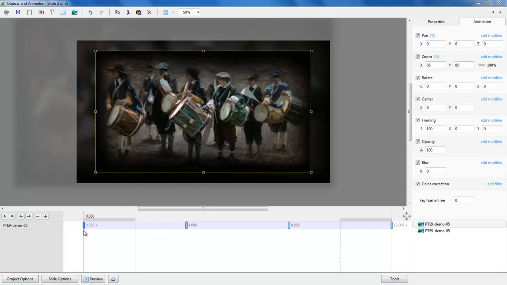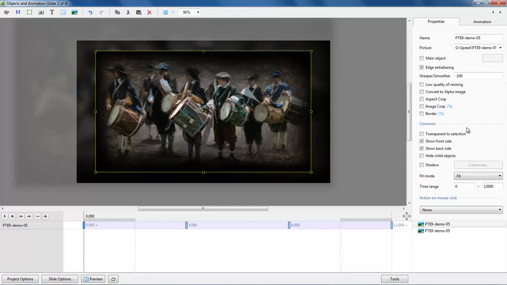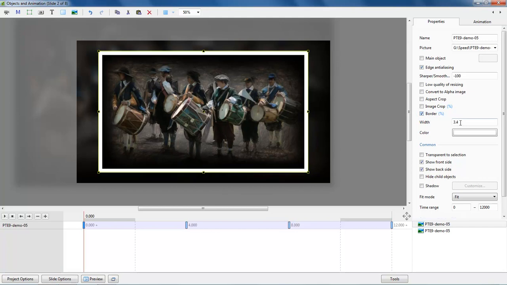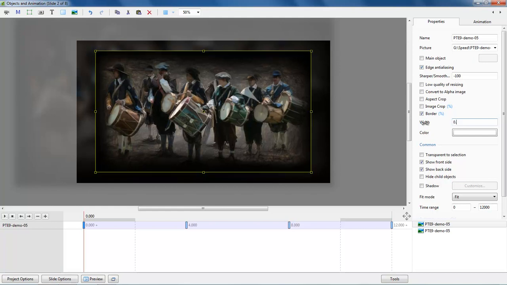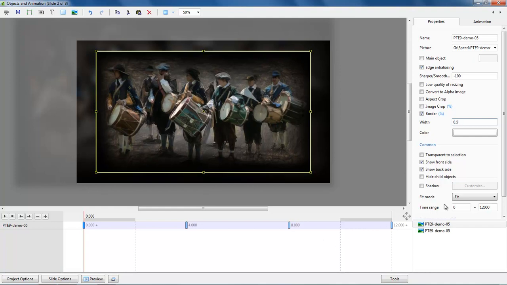Now, in actual fact, before we begin the animation, let's add a little bit of style to this. I'm going to go to my Properties tab. I'm going to tick the border option. I need this to be a lot less than you see there, but once again, the thickness of the frame we use is all going to be personal, but 0.5 generally works for me. And I'm just going to put a default shadow on this. As I said earlier on, I think we're unlikely to see very much there, but let's go back to the